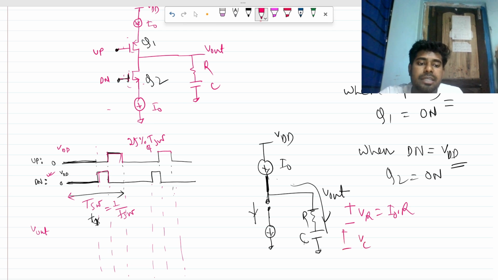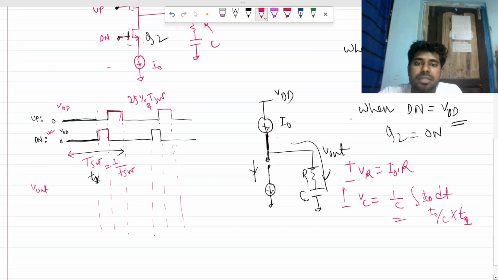Then what is the voltage developed across this capacitor? It will be Vc, and this is nothing but 1 over C integration of I naught dt, and as your I naught is constant, it will be nothing but I naught by C into T. So this voltage is actually developing. At T equals 0 plus, what is the voltage across Vc? Vc will be 0, as our initial condition